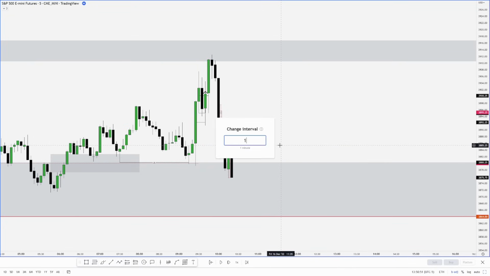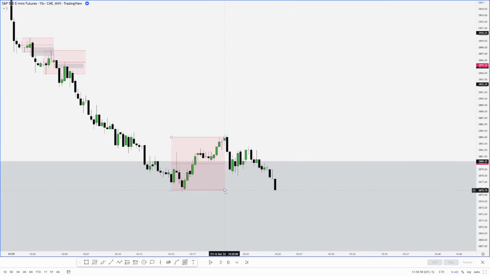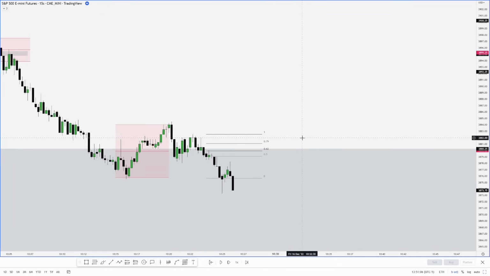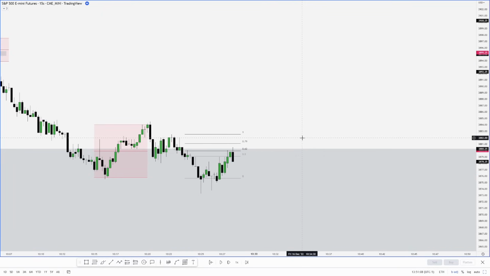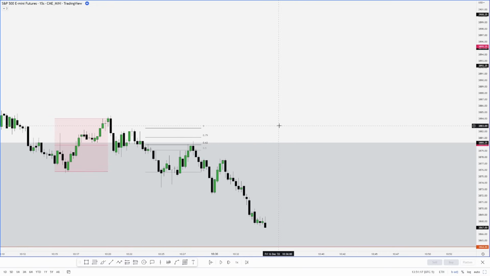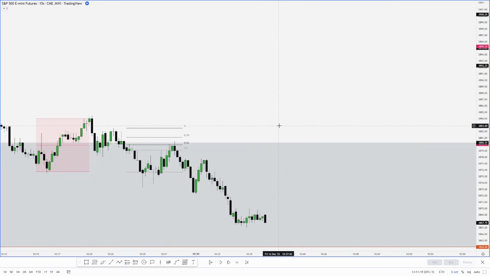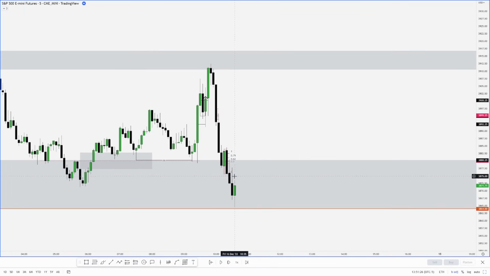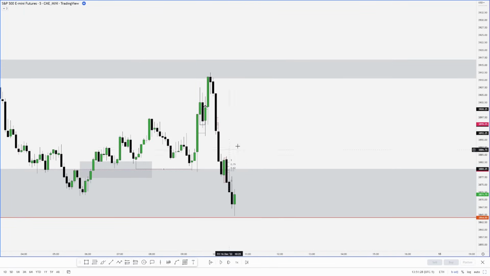So going down to something like a 15-second chart here, this low is invalidated, so then I can look for some sort of setup short, such as a return to an OTE right there. And there we go, we drop lower. I do not trade the afternoon session, so I won't go any further, but that is how I use top-down